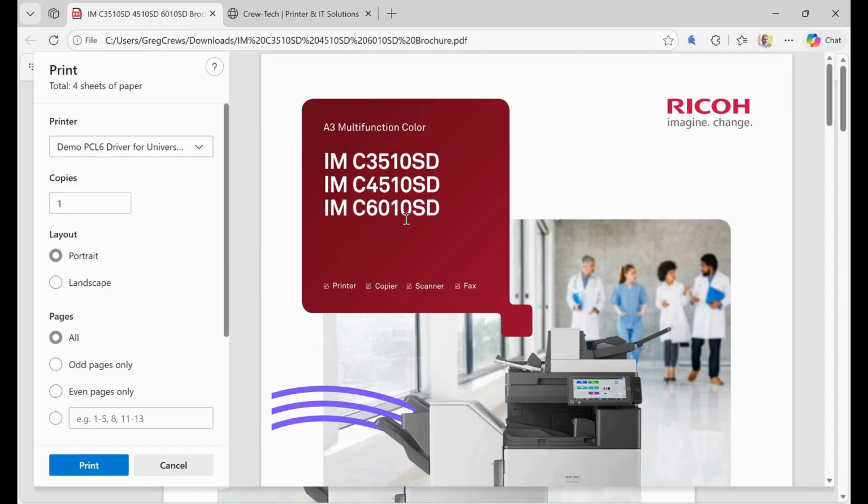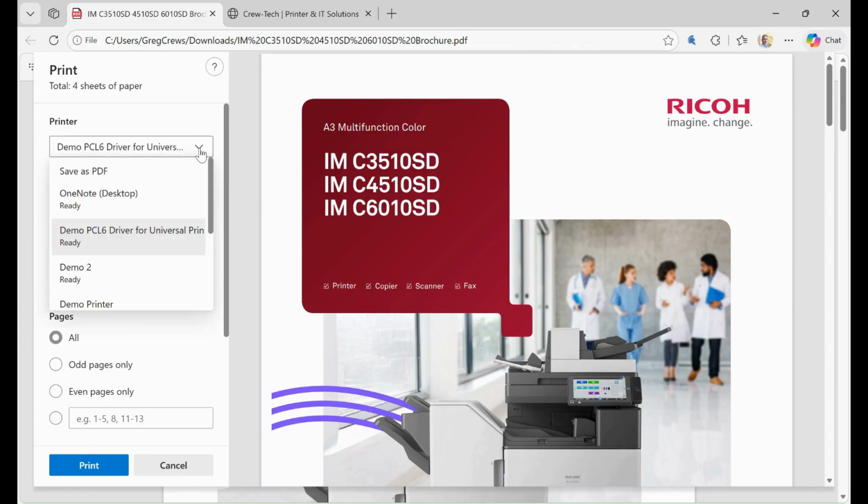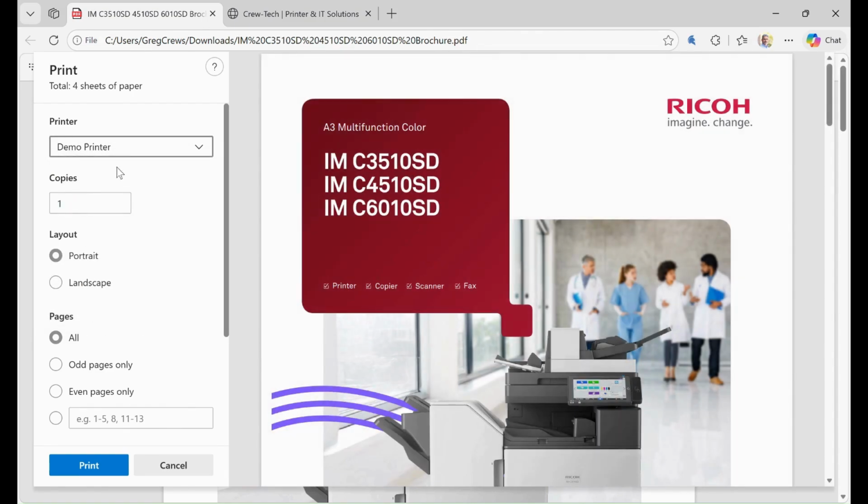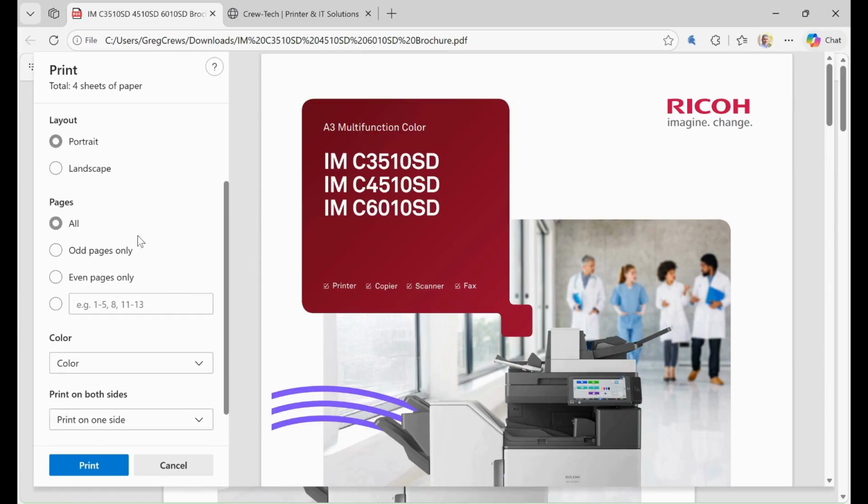When that comes up, the first thing you'll have to choose is your print driver. How do you want to print? What do you want to print to? So today I'm going to be using the demo printer, what we've called the demo printer. And in the application, you have all these settings here that you can choose from. You can input the number of copies. You can do your layout, either portrait or landscape. You can be fancy if you like and choose, hey, I only want to print my odd pages or my even pages. Or you can say, hey, I want to print page 1, 2, 7, 15, 32, 68, and just